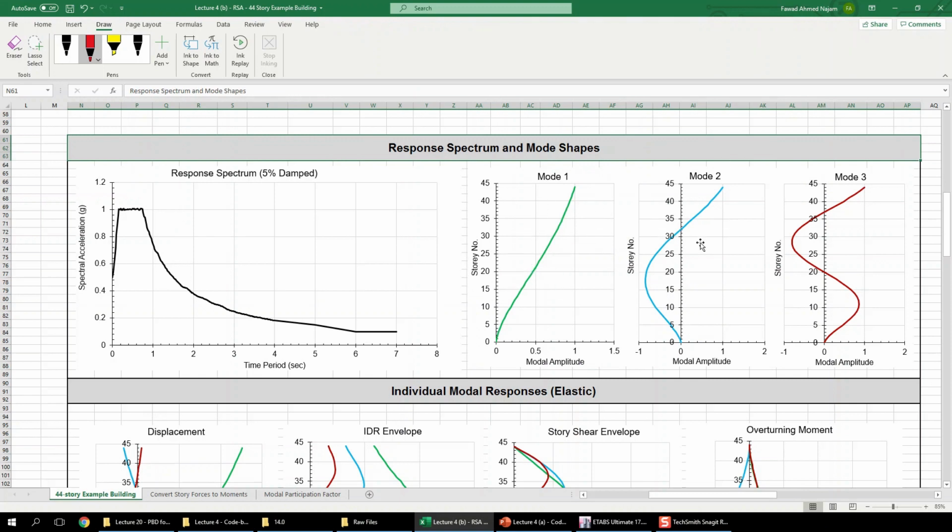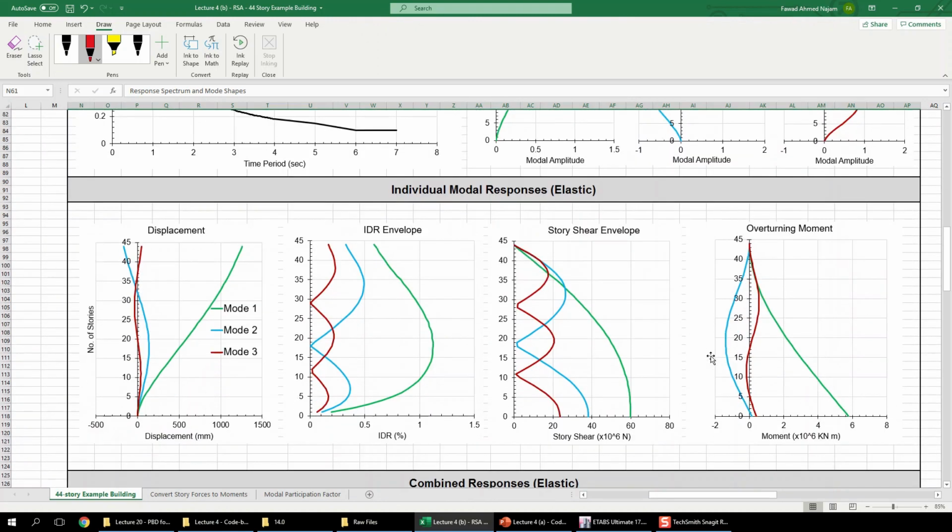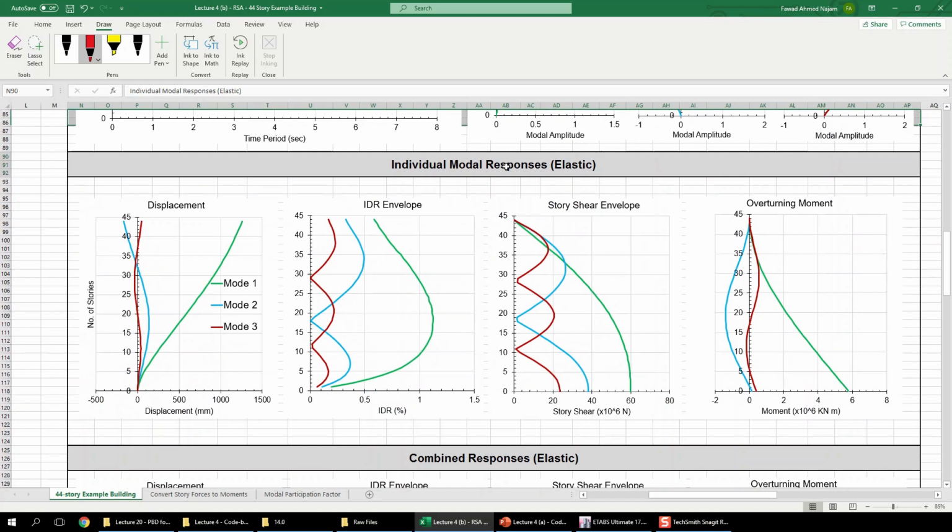So these are the first 3 modes I have taken from ETABS. Basically they are the mode number 1, 4 and 7 according to software numbering. Here I have plotted the individual modal responses, and I am not using the absolute values of modal responses, I am using them with their algebraic sign. So the first mode displacement is shown here with green color, the second mode displacement is shown here with the blue color, and third mode is the red color. So you can see that the displacement is exactly matching with the mode shape pattern also. The third mode is same as the third mode, the second mode is same as the second mode, but the mode 1 is contributing the most in this displacement response.